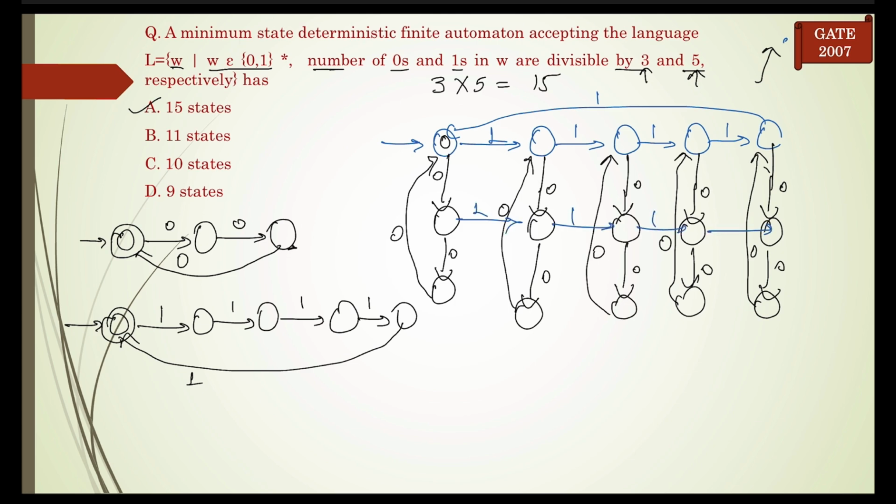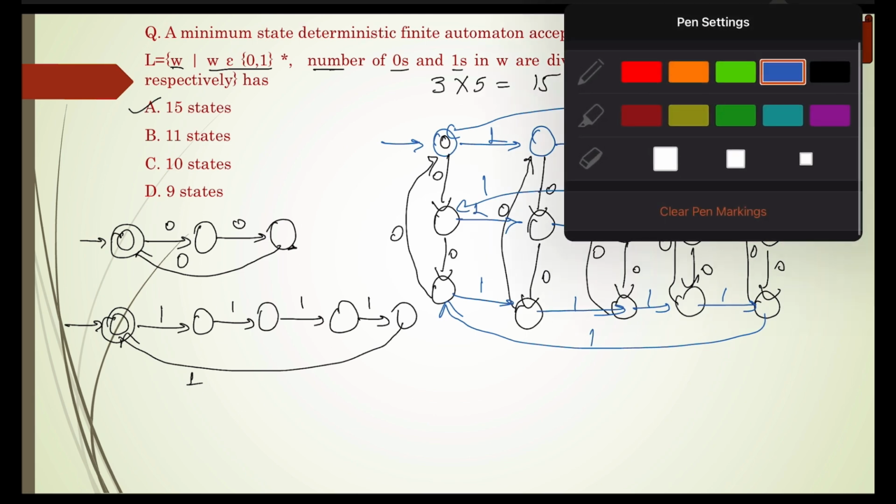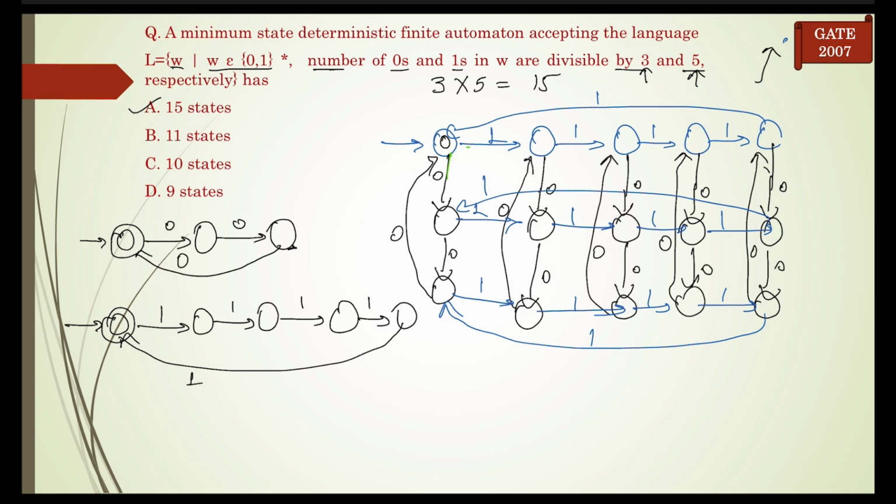Now again put this divisible by 5 DFA horizontally. Now you can check, I have defined the transition of 0 and 1 from each state. Sorry, this is 1 and 0. This is 0 for this transition. Okay, next we will take some strings and then we will check whether it is correct or not.